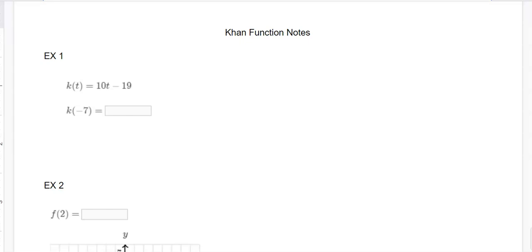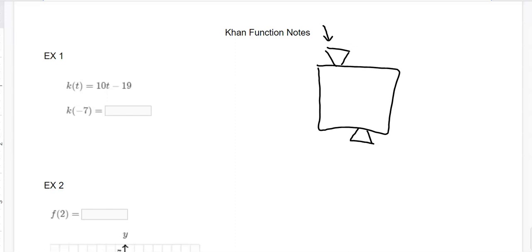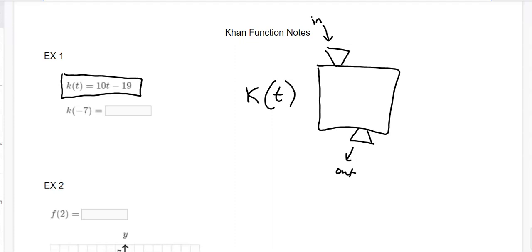And we're live. All right, so common function notes, example 1, just a quick review about a function. You kind of have this machine, inputs, outputs. I know we did this in class earlier, but you put things in here, numbers or answers come out there. This is the rule. So this is called the K machine. This is the K function. And we're putting T's in the machine. So you can kind of think of this like an X, and then what pops out is the Y, but they use different letters. And so the machine is doing 10 times whatever you put into it,